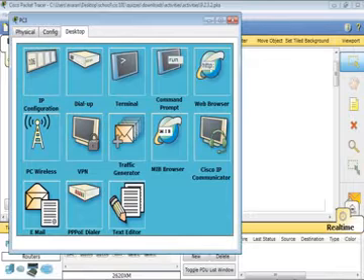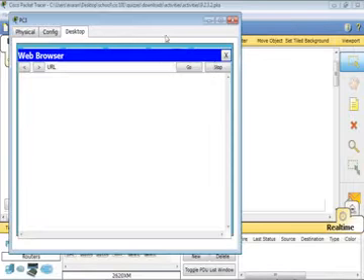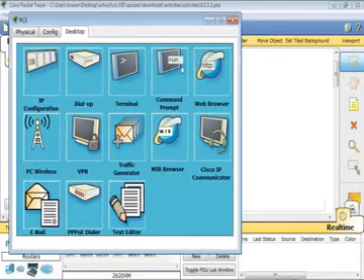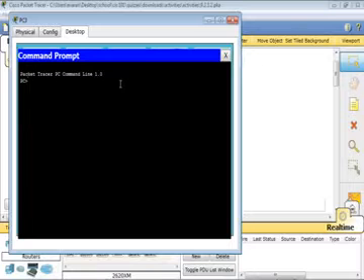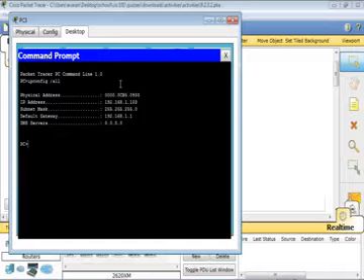Now we're going to do the same thing. Oops, sorry, hit the wrong button. Going to get rid of that. Command prompt, ipconfig space slash all. So 192.168.1.1003. You should see that 192.168.1, we want that to be the same for